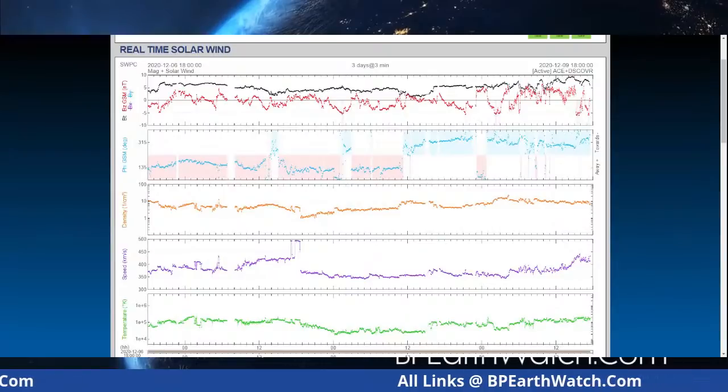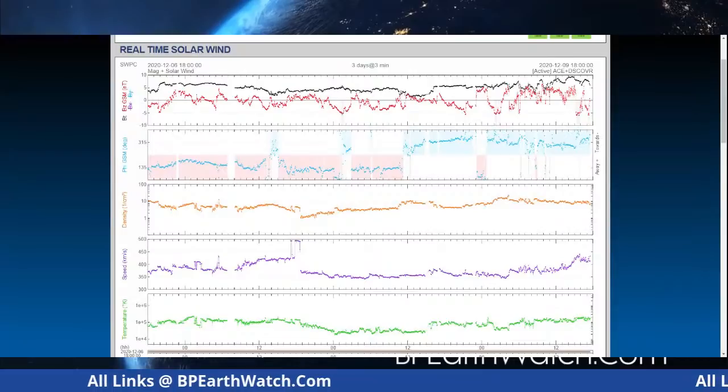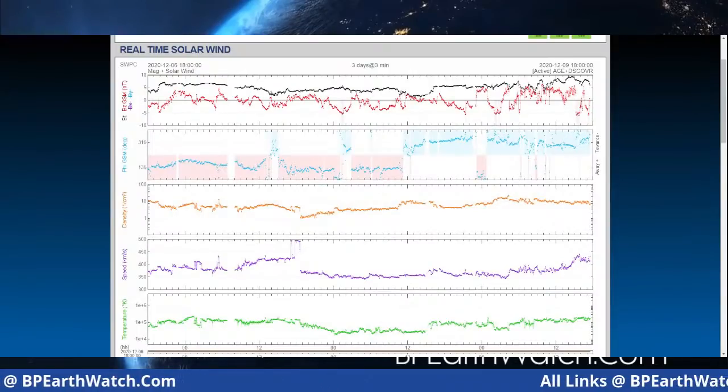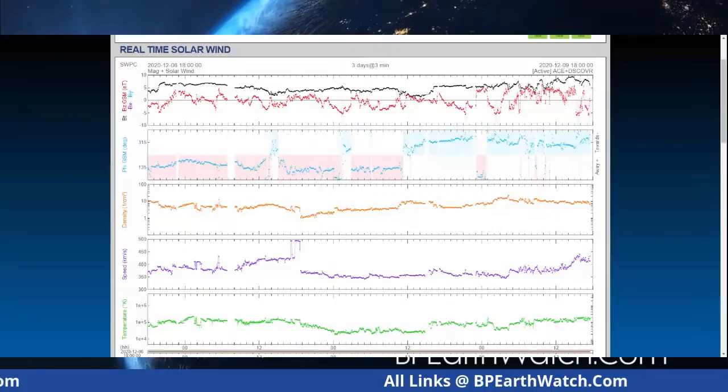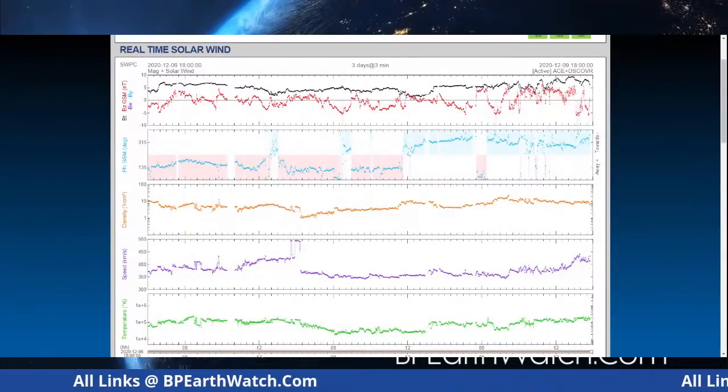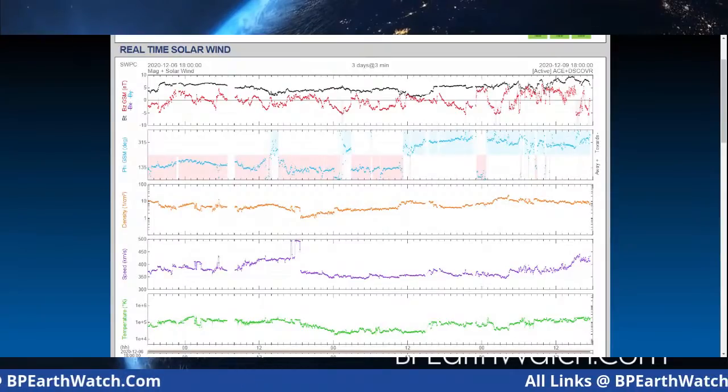Is it safe to observe? Yeah, you're not going to see this. It's the photon burst that happened in the upper atmosphere. We caught that on the 7th when you had the radio blackouts.